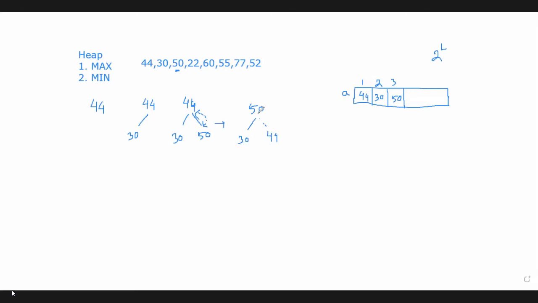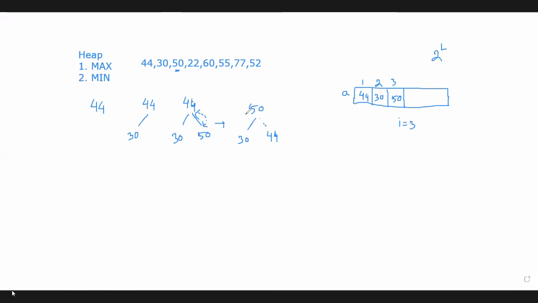Is it clear how we are changing the position of the node? We can only interchange which 2 nodes? Only the child node and its parent node. We cannot compare the sibling nodes. So we are changing these 2 nodes, parent and the child node. So how can we make the change in this array? After inserting this node, now what is the value of I? I equals 3, because that was the last node that we added in this tree or in the array. Every time we will change a node with its parent node if the parent node is less than that child node.